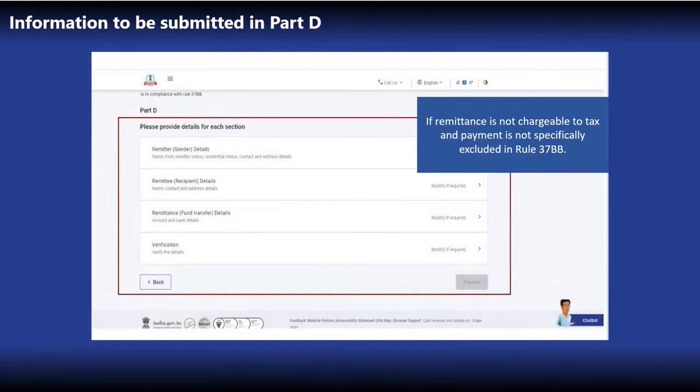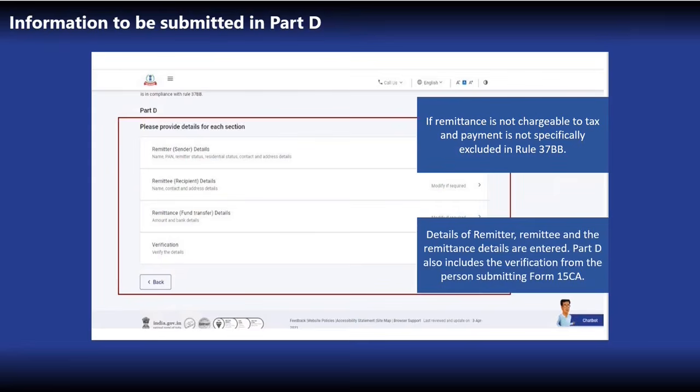Coming to the information which is required to be submitted in Part D, here it is applicable where the remittance is not chargeable to tax and the payment is not specifically excluded in Rule 37BB. Please enter the details of the remitter, remittee and remittance. Again, this form is also required to be verified by the person who is submitting the form.